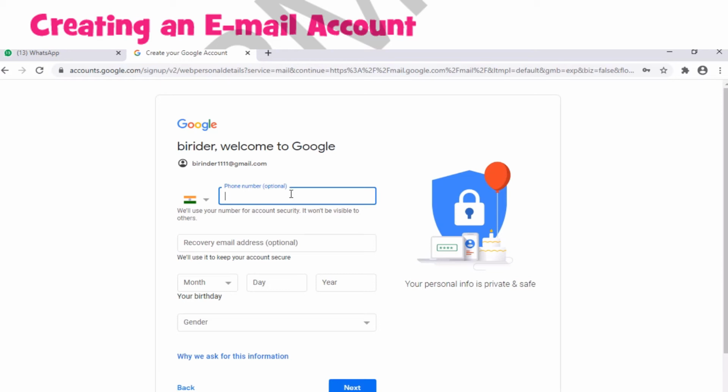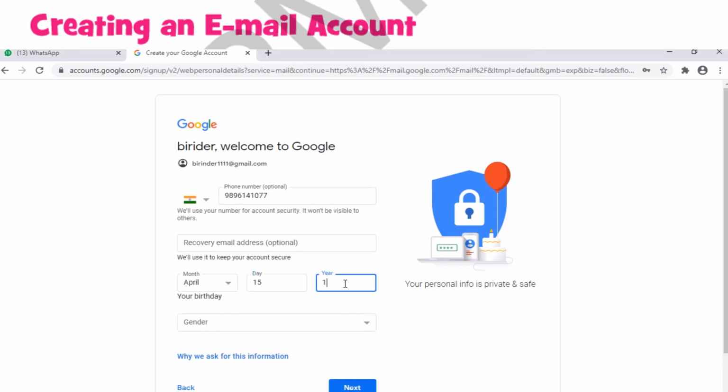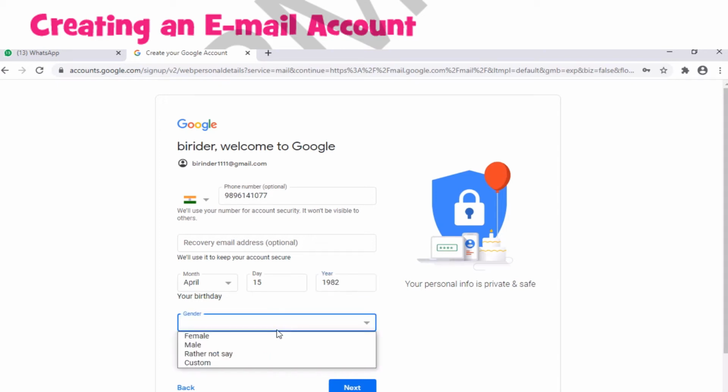Here you have to write your mobile number. Then your birth date. Then you have to choose your gender.